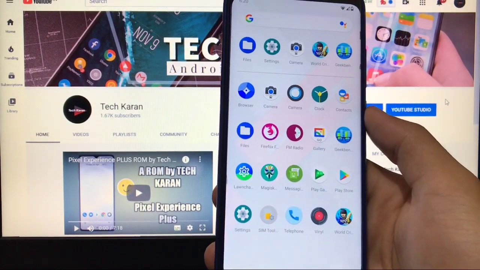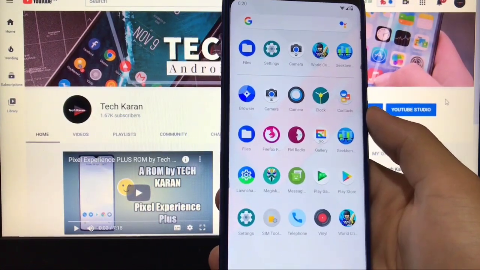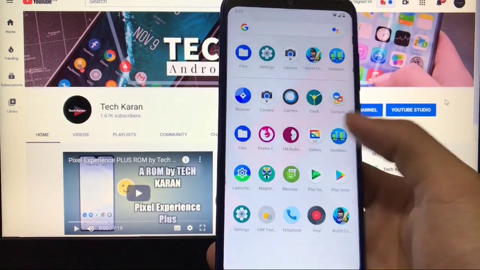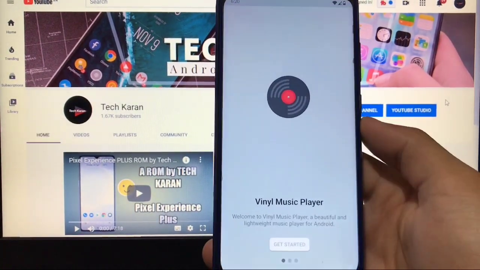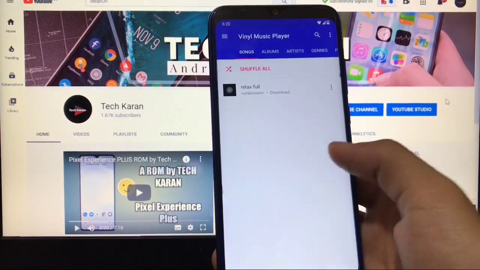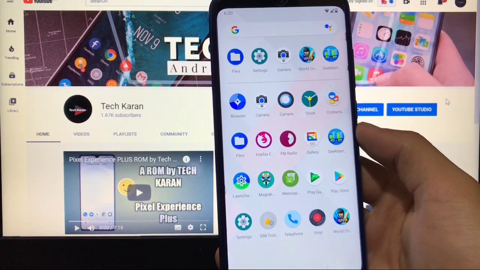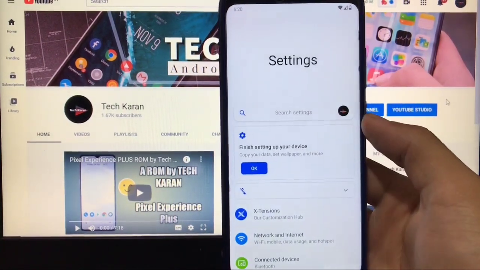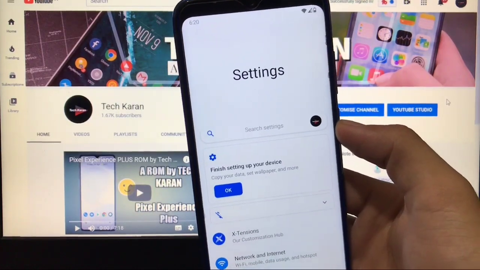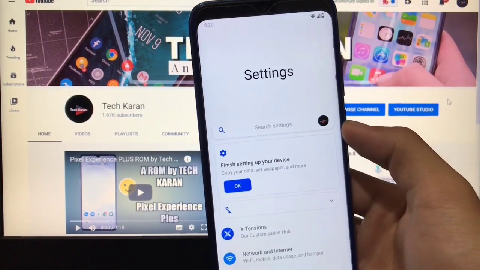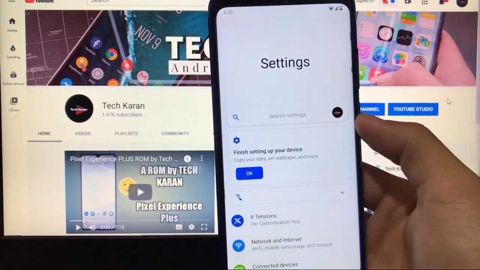You get an FM radio app pre-installed. You can use the Gallery Go app, and all the main important apps are pre-installed. The music player which you get here is the Vinyl music player, which is like a Phonograph music player. I have used it for some time, so I can say about that. If we go to settings, you can see the settings look like One UI. Actually, this is an option available in the app in the customization options, so if you want to use these settings, you can use that.